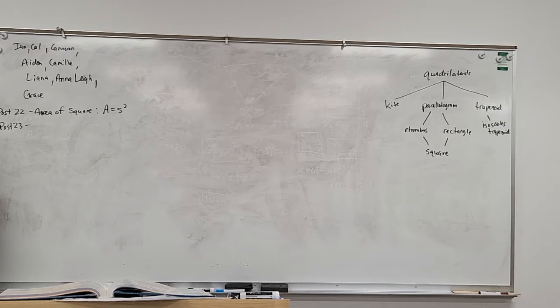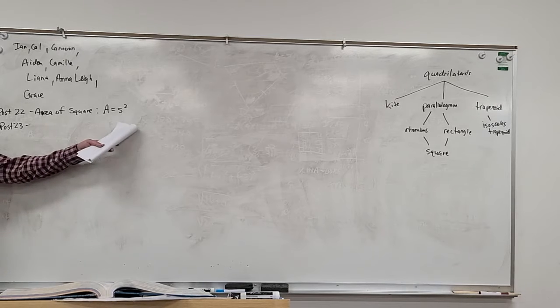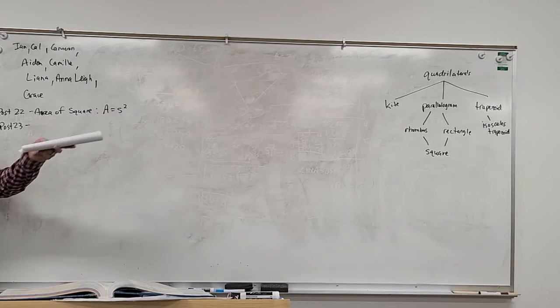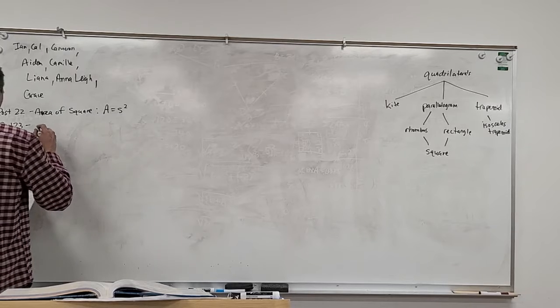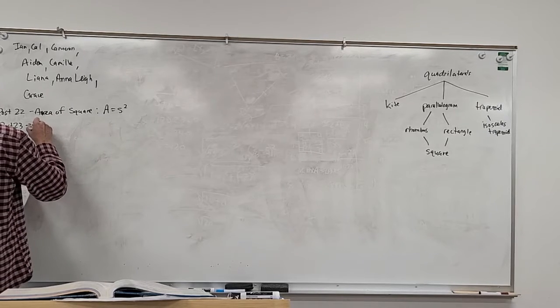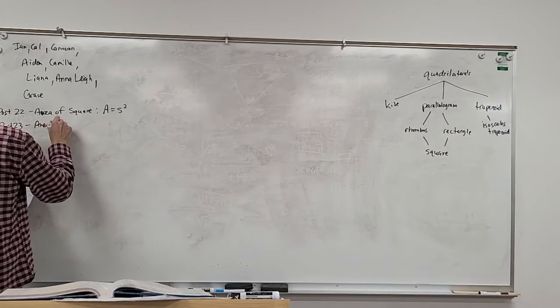If we label the bottom part the base and we label the other side the height, what's the area? Base times height. And so if base and height are equal to one another, like they are in a square, then it would make sense that the area of a square would be the side times the side, or S squared, right? I thought postulate 3 was going to be the area of a rectangle, so I got a little bit ahead of myself. But this one is the area congruence